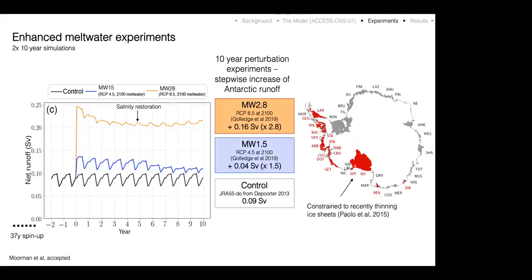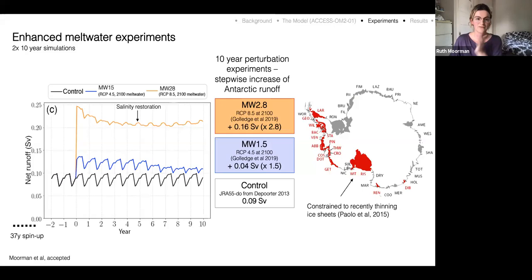So what did we do with this model? We effectively ran a couple of fairly short idealized meltwater perturbation experiments and focused on the response of the shelf region to the imposed perturbations. The initial meltwater in this model comes from the Jere-Gogo-Do surface forcing product, and it's spatially variable around the shelf, and it has magnitudes that are informed by DePorter et al. 2013. And then what we've done is just amplify that pattern up to a 1.5 times forcing and a 2.8